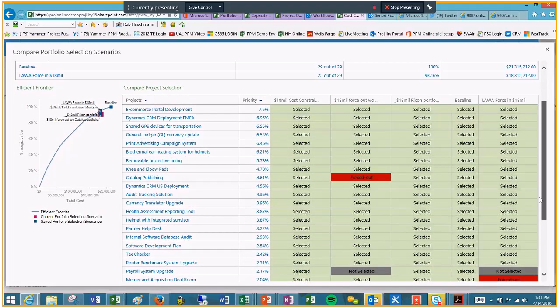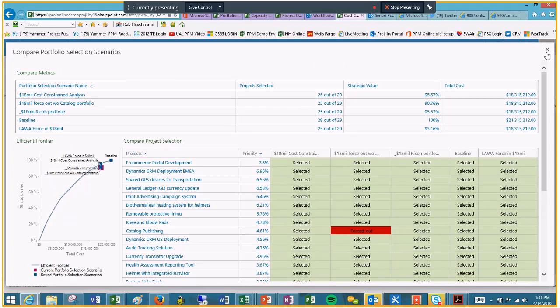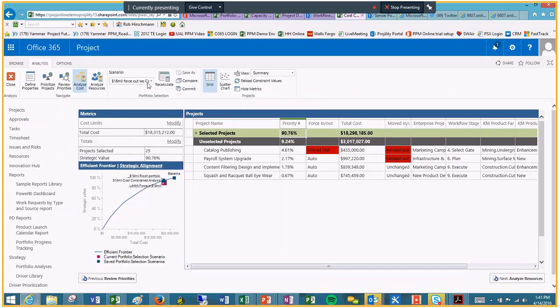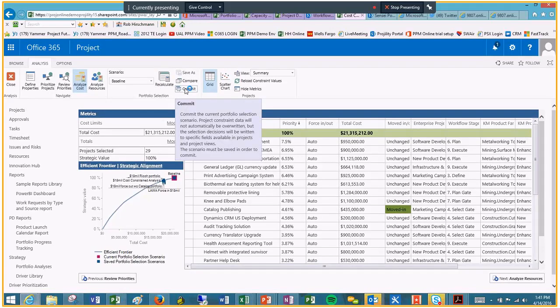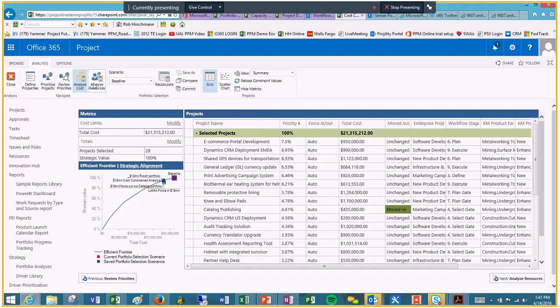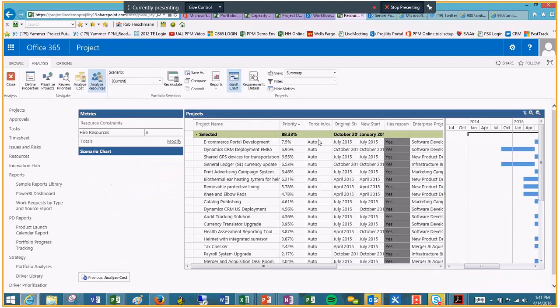We may sit down and as a business say, okay, we've made a decision. We're going to go forward with this particular portfolio. Let's go forward with it. What we can do is we can commit that portfolio and move that to the next stage. Now, if we're doing resource analysis, we may say that's really great, but let's take a look at it from a resource perspective. I'm glad we figured out how to fund it, but if we start looking at the resources,